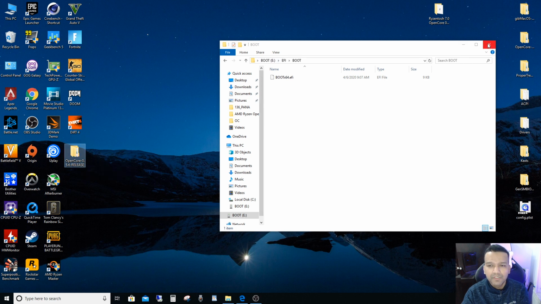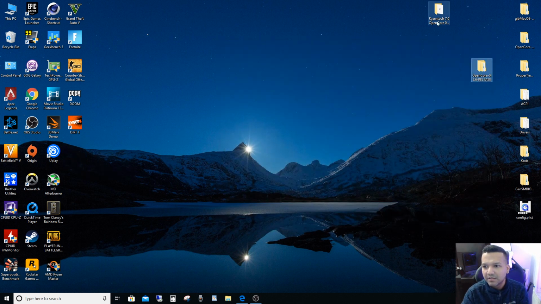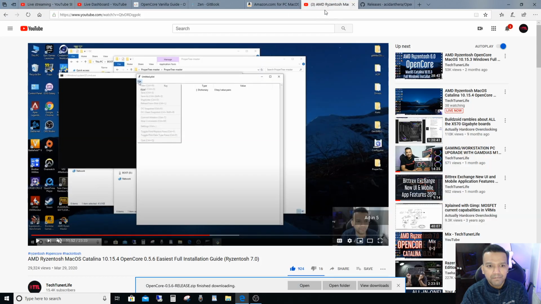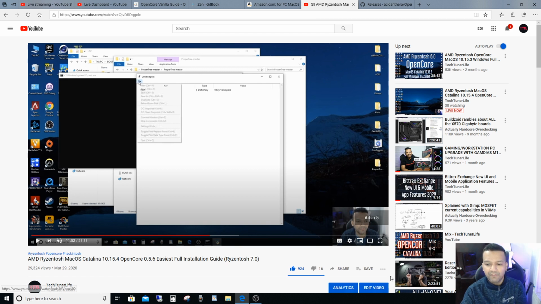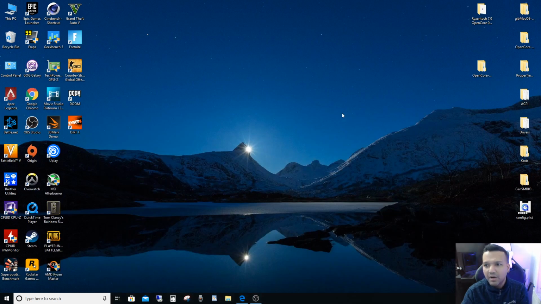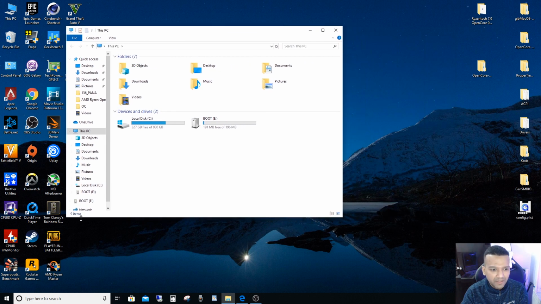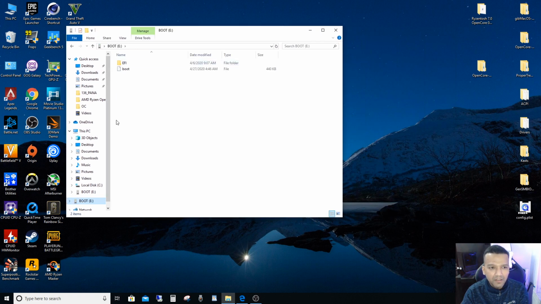Okay, so let me just show you guys from the beginning again. Let's leave this OpenCore 0.5.6 bootloader here. Let's put it this way, I'm following this guide right now, AMD Ryzen macOS Catalina 10.15.4. So after I created the bootable drive, go to this PC. Let's put it this way, this USB drive is OpenCore